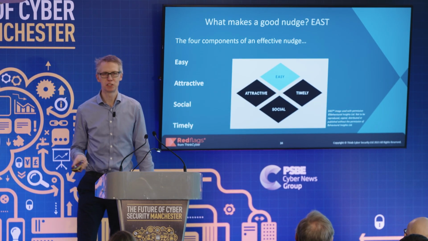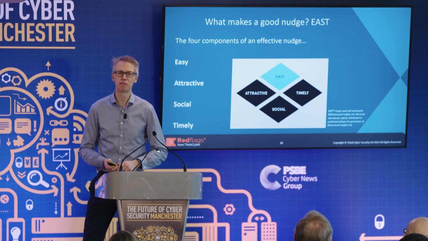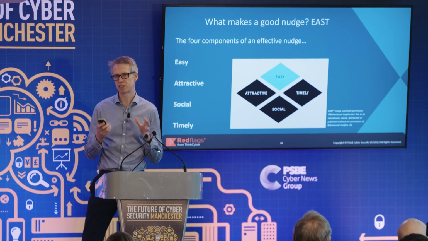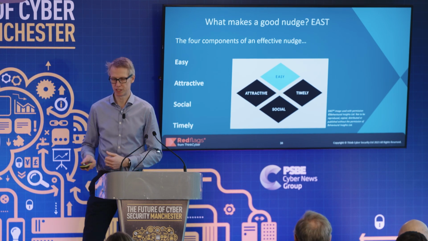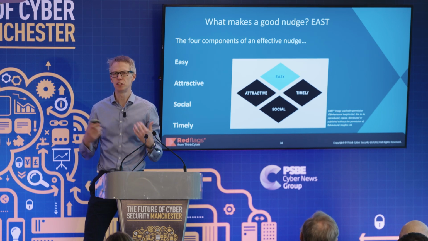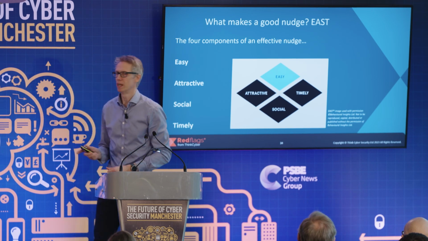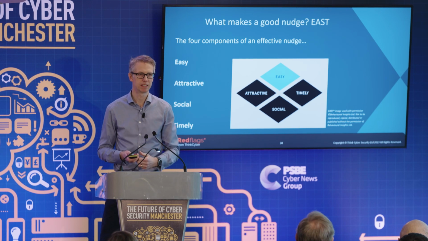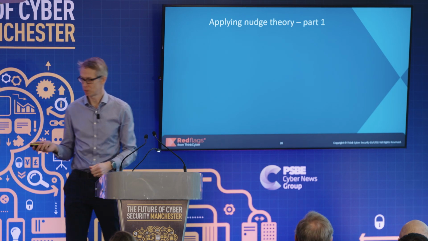So that was obviously far too complicated a model, so the government did some more research and said, no, we need four letters in our acronym, so they came up with EAST, the EAST model. This says that a good nudge is an easy behaviour, an attractive behaviour, something you want to do, and something social, other people are doing it. If things are social and you see other people doing it, you kind of want to join in too. Really, really importantly, timely. It has to be close to the point of risk and when it really matters, that opportune moment, and I'll come back to that as well. I'm collecting lots of things to come back to, aren't I?